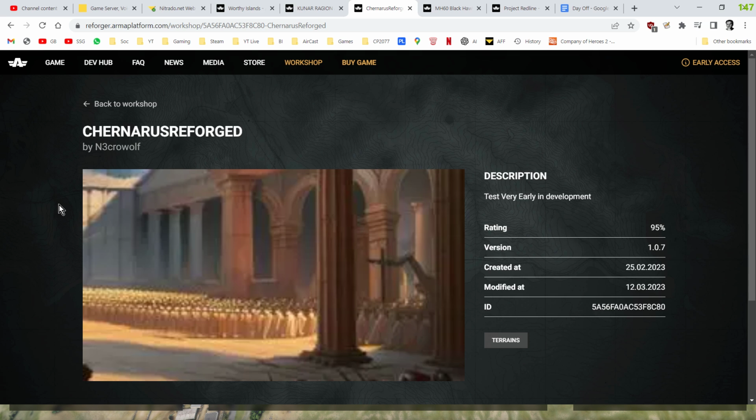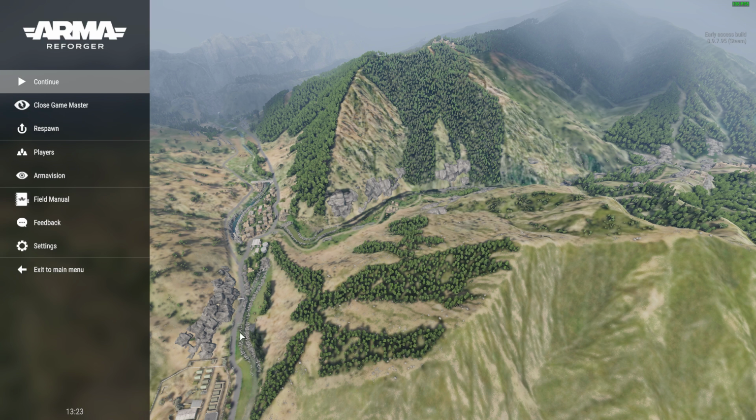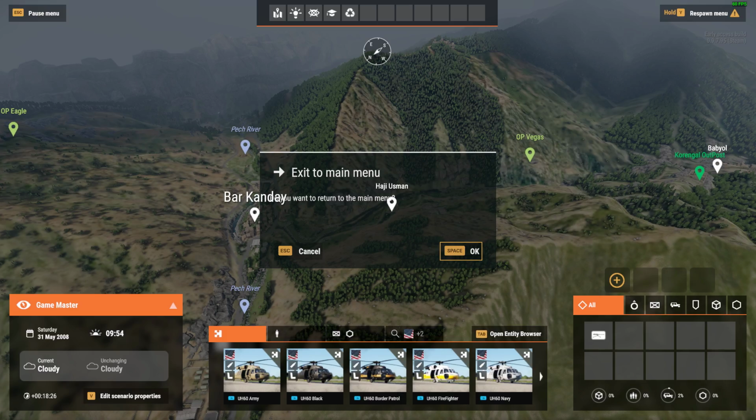It may be because of the sheer size of this mod. So at the moment with Churnerous Reforged, the only way I found of getting into it and sort of playing around with it is to do it in the in-game. So in Reforger, go into it. In fact, I might as well show you. So let's come out of here. Let's exit out of here. So if you want to play Churnerous,